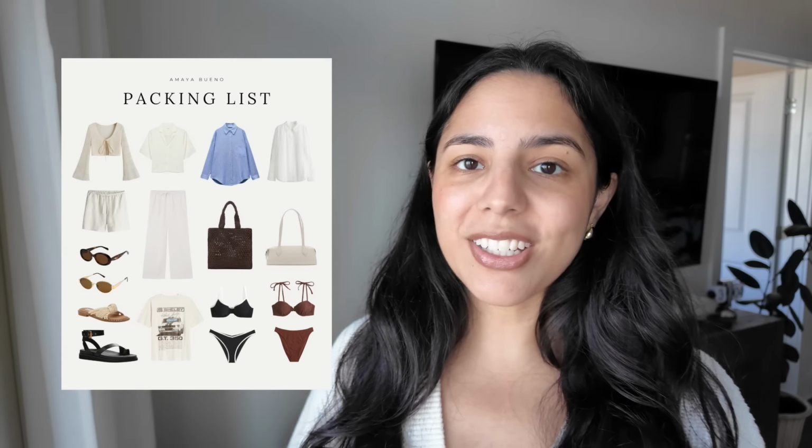So before we start packing, I almost always already have my travel capsule wardrobe planned out ahead of time. I can probably make a whole video on how I plan my travel capsule wardrobe, so let me know in the comments if that's something you'd be interested in. But I usually already have them pre-planned on Canva, so I'll pop it up over here,